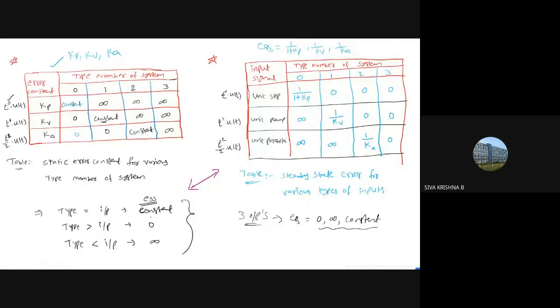So I already concluded something from this ESS table. That is, if type and input are equal. Inputs means you have 3 types of inputs: unit step, unit ramp, and unit parabola. And type depends on the given equation, type 0, type 1, type 2, like that. Whenever the type of the given system and the given input are the same, those 2 powers are the same, then you will get the error is constant. If type is greater than the input, then you will get the ESS is 0, and if type is less than the input, you will get the ESS is infinity. Okay, now